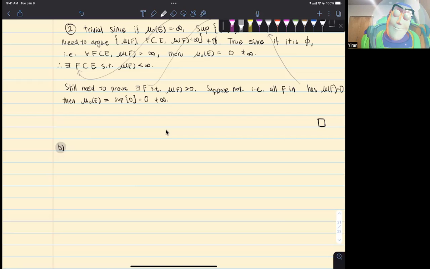If 1 happens, which means E is sigma finite, so again we consider when mu of E is finite, then mu of E is equal to mu naught of E plus 0,